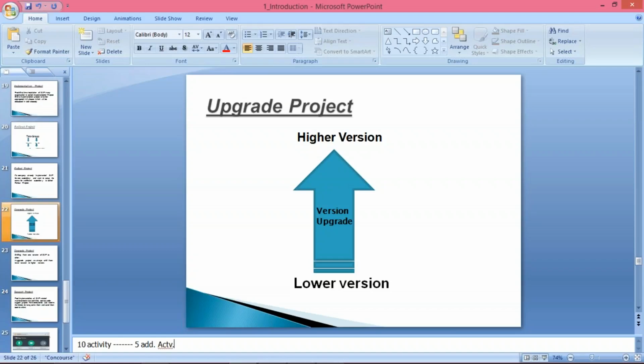So what will happen during upgradation: once the upgradation is completed, then we have to perform testing also. We have to test it. What are we going to test? We have to check that at any cost, these 10 activities which were there in the earlier, old version, we have to deliver. And apart from this, the new 5 activities which we have explained, those also we have to test.